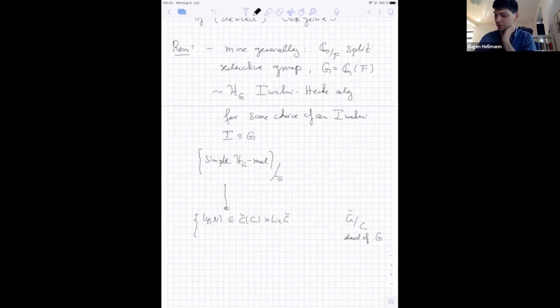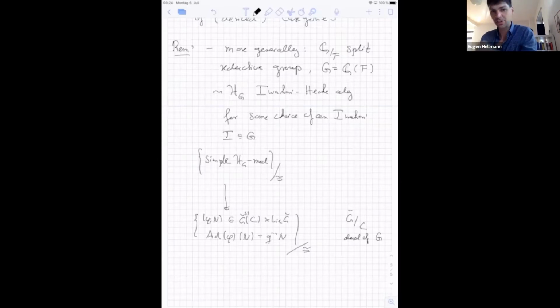So G is a split reductive group, hence it's classified by a root datum. So you can take the dual root datum, view it as a root datum over the field C, and use it to define another group which is called G check. And then you again ask that phi acts on n via the adjoint representation, and just shifts it to q to the minus 1 of n. And you again take these up to isomorphism, and maybe here you want a semi-simple element.